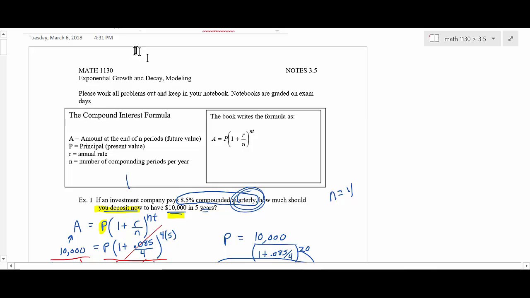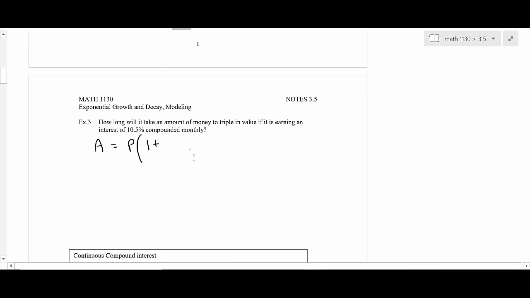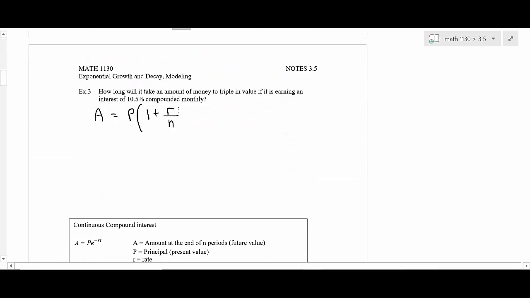I'll write it the way they do in the book. I think different books do it different ways. So our book does R over N to the NT. Okay? Now, in this particular problem, the reason I want to do this, when I did a problem like this similar a little while ago,